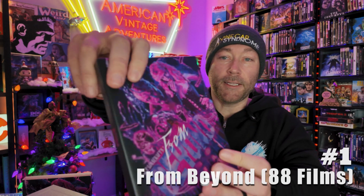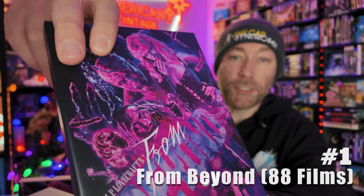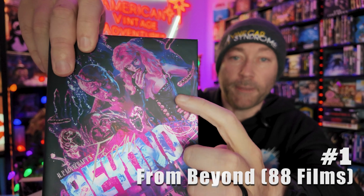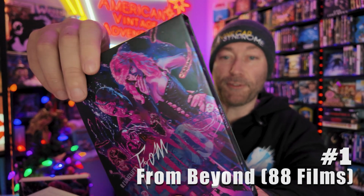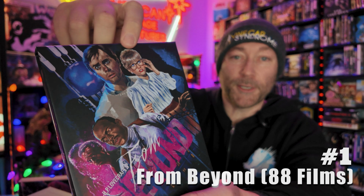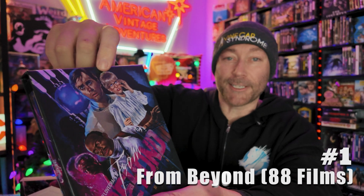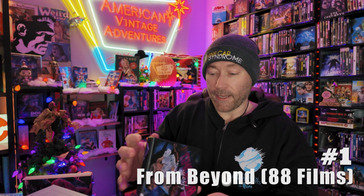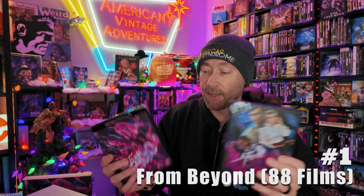And then inside, this is more of a matte finish. I don't even think this does it justice on here. And of course, you got the beautiful Barbara Crampton in her dominatrix outfit. But if you flip it over to the other side, you've got her in her other look as the doctor. And, of course, Jeffrey Combs and Ken Foree in there. And then you slide that out, and you have yet...